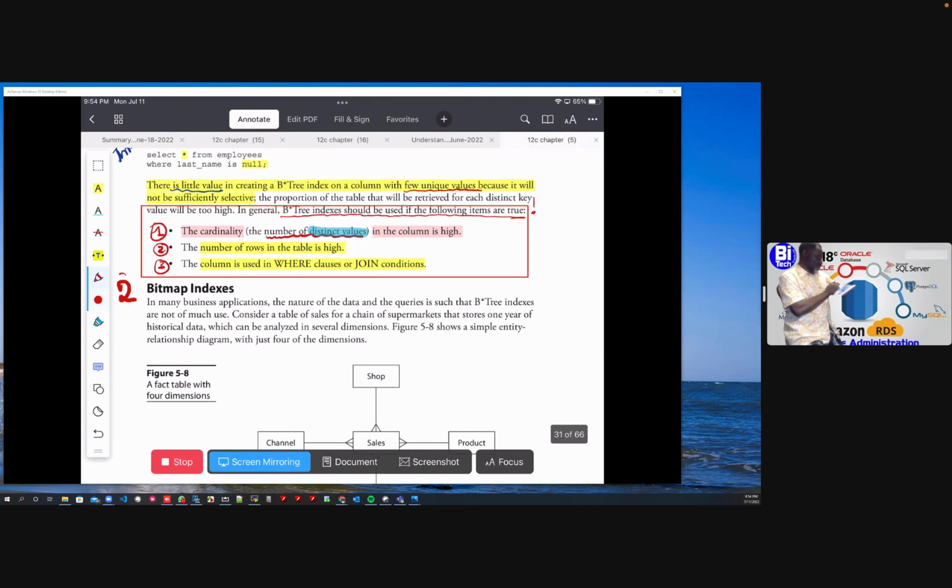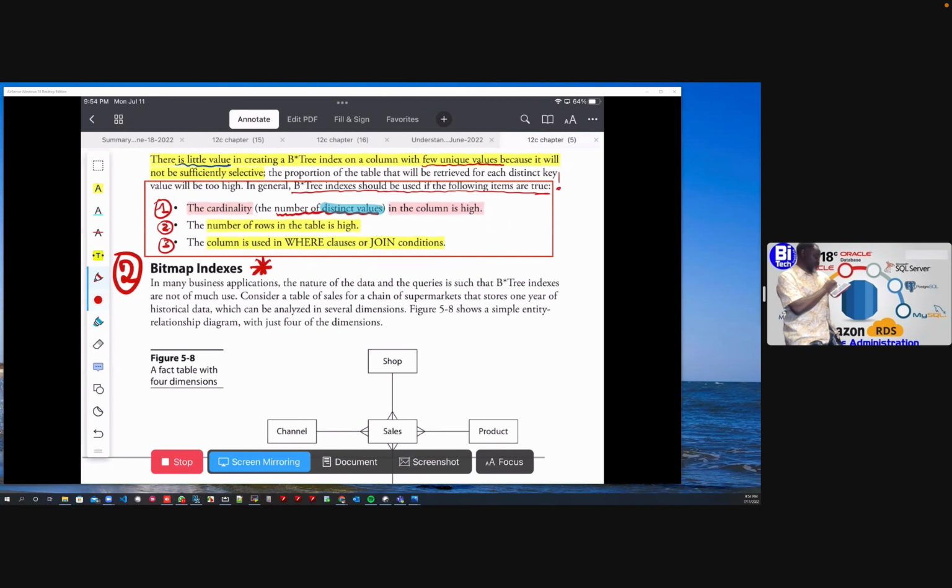Number 2, the bitmap index. In many business applications, the nature of the data and the queries is such that the B3 indexes are not of much use. Consider a table of sales for a chain of supermarkets that stores 1 year of historical data, which can be analyzed in several dimensions. And they have a figure here that shows a simple